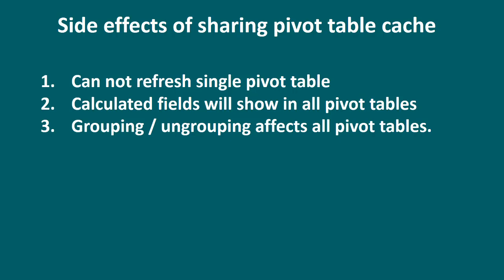There is one crux we are going to learn when we see the calculated fields and items. If any one field of your pivot table is grouped, then you cannot create a calculated item. So if you have grouped any one field in one pivot table and you want to create a calculated item in another pivot table, it will not allow you to do that, because the same rule applies to all pivot tables since they are using the same pivot table cache.